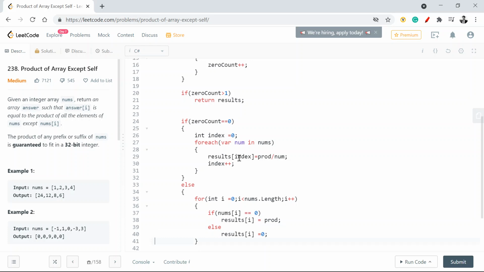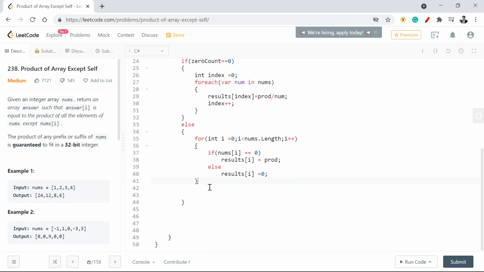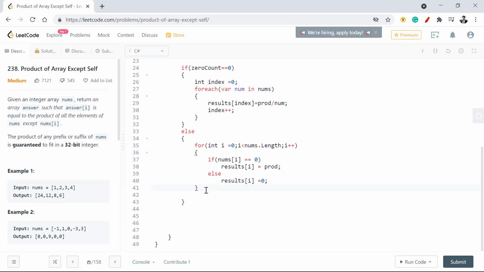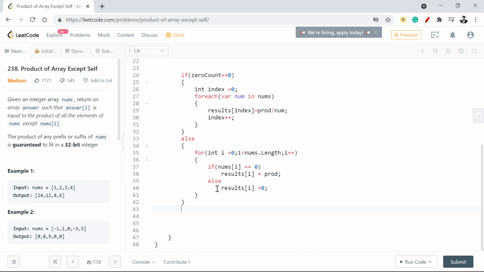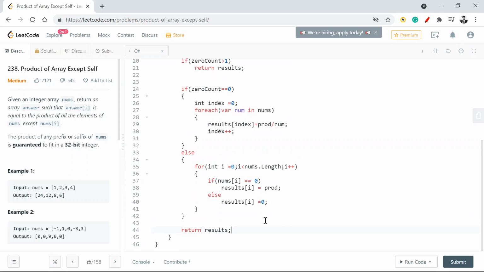This is going with the example which we discussed, that if I have at least 1 zero, then only the index on which I have a 0 will have the product of all the values. Otherwise, everything else will be 0, right? And once I'm outside this for loop and the if else statement, I can simply return results, right?